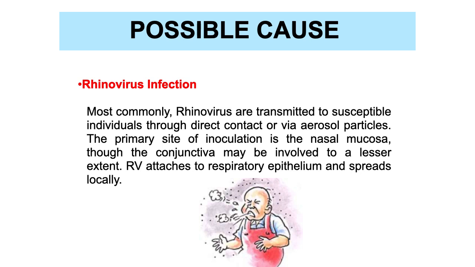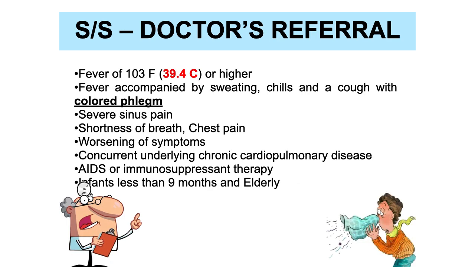So the primary site of inoculation is in the nasal mucosa, okay. The conjunctiva may be involved to a lesser extent. And then the rhinovirus tends to attach itself to the respiratory epithelium and spread locally. What are now the signs and symptoms